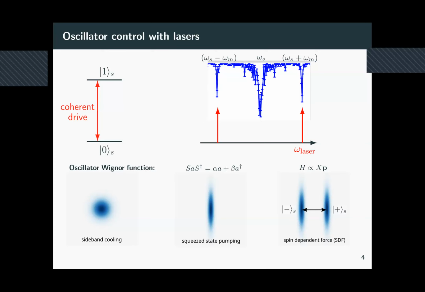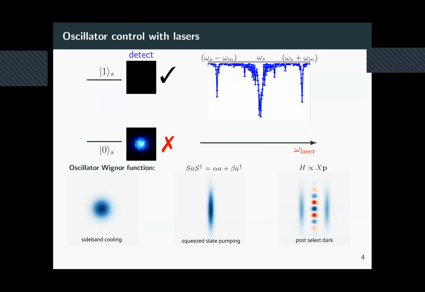And so now this is in an almost maximally entangled state. And then if we do a detection, we can disentangle these systems and actually project the oscillator into a pure squeezed cat state. And one important detail in our experiments is that when we do this type of post-selection, or this type of measurement,